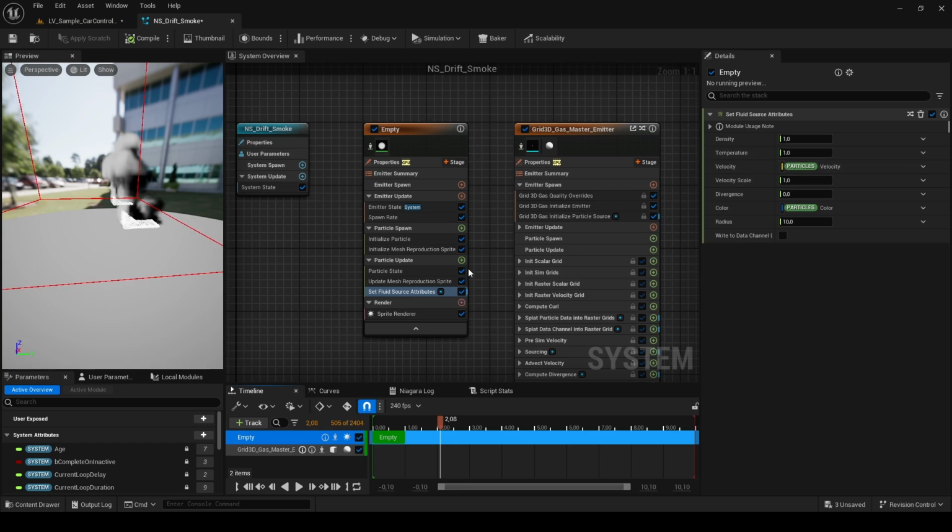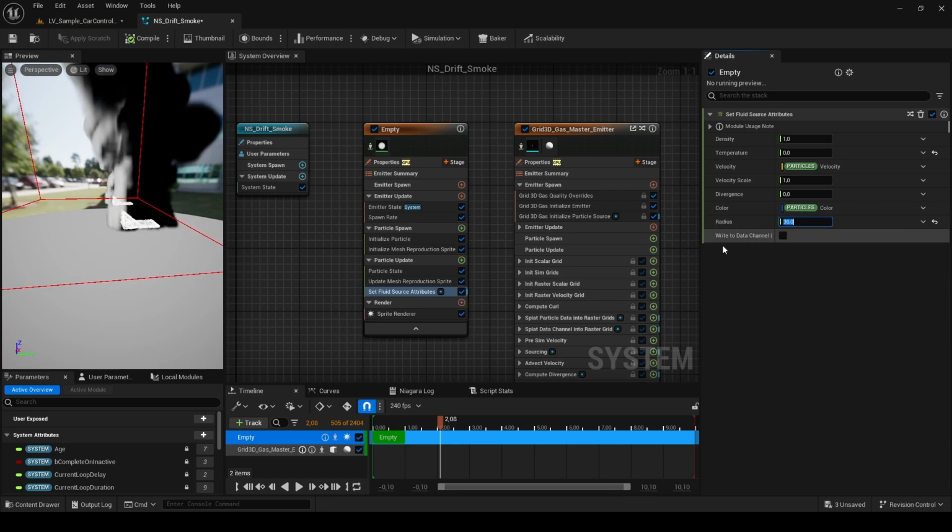Very nice. And for the set fluid source attributes, we can simply disable temperature because we don't have any fire simulation here for the drift sim. So we simply put in 0 for temperature, and we can change the radius maybe to 30 for now. And I think that's it. Let's